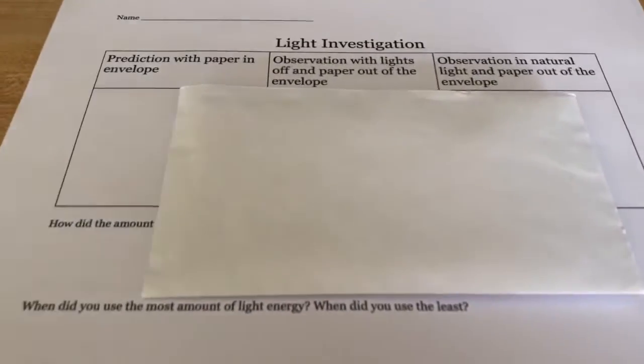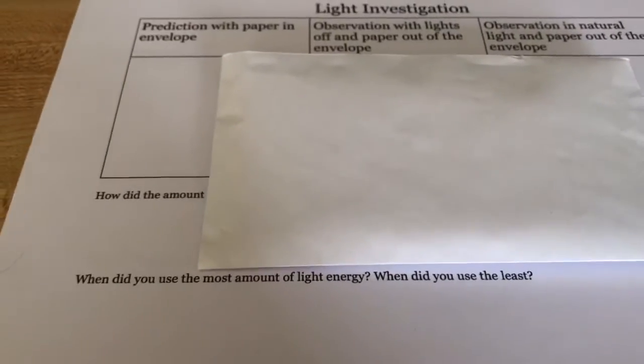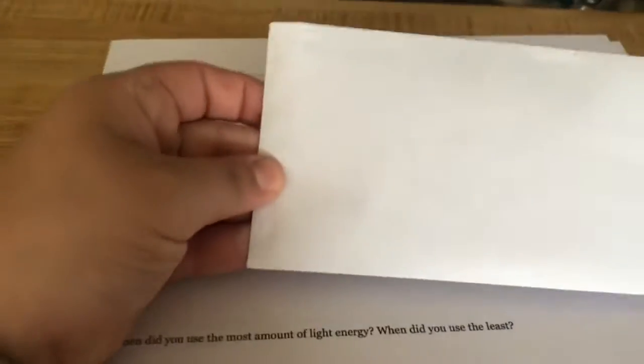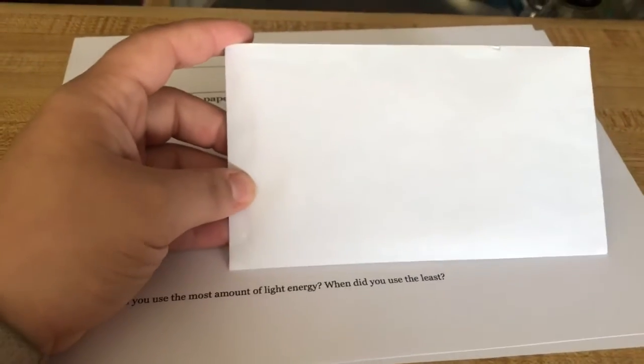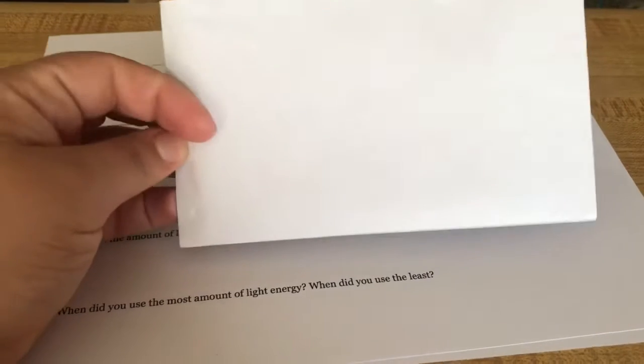So today in our science investigation, we are going to be investigating light energy, the amount of light that we can see. And today what we're going to do is I have a piece of colored paper inside of this envelope. And we are going to try to figure out what color paper is inside the envelope using